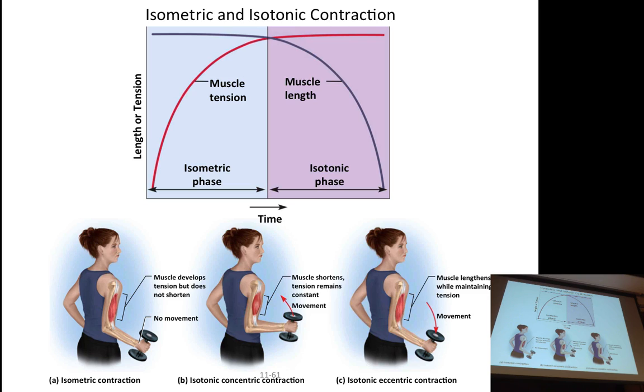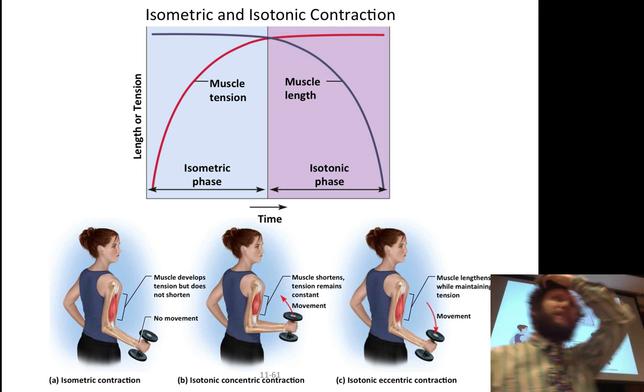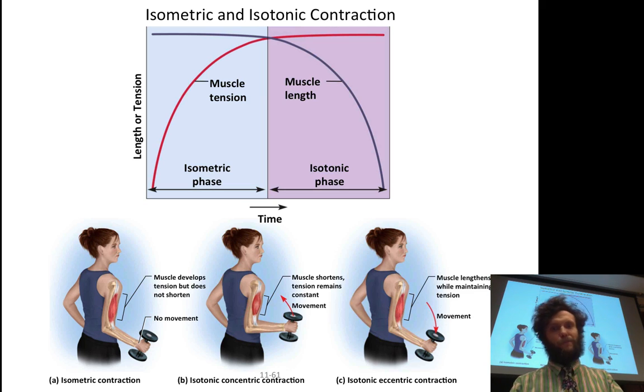So most contractions, all contractions, have isometric and isotonic components to them. When I'm going to lift this bag, there is a brief period of time where my muscle has increased tension in it, but the tension is not greater than the resistance. Right now I'm in isometric contraction until that tension gets to a point where it exceeds the resistance, and now I've passed into an isotonic contraction, where the force is equal to the resistance, and the length of the muscle is getting shorter. Does that make sense? It's not really that important, but